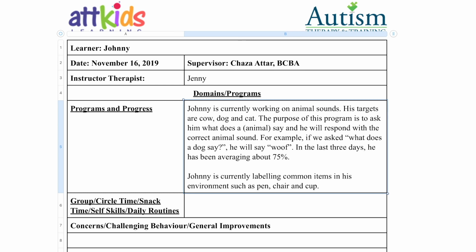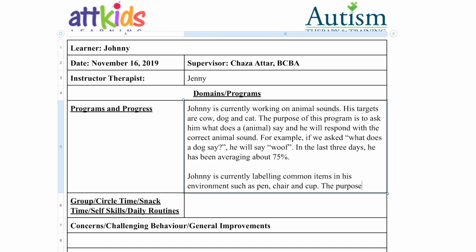Again, I didn't say tacting, I said labeling, because I'm speaking to the client here. I want them to understand what it is. So Johnny is currently labeling common items in his environment, such as pen, chair, and cup. I like to write the purpose of the program so the client understands. We want them to understand, for example, like with the intraverbal, maybe that we're building up those conversational skills.